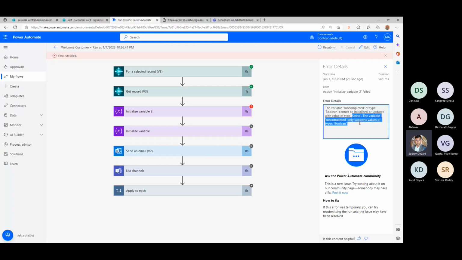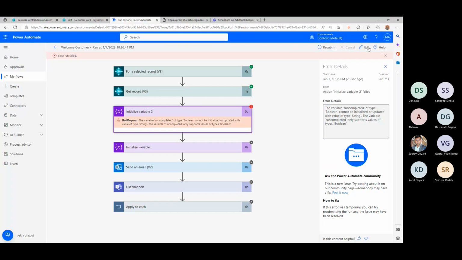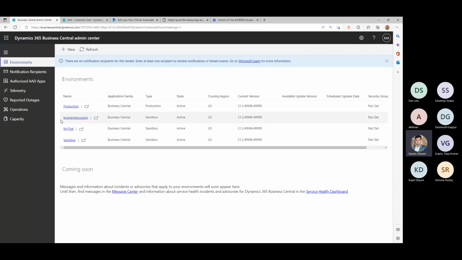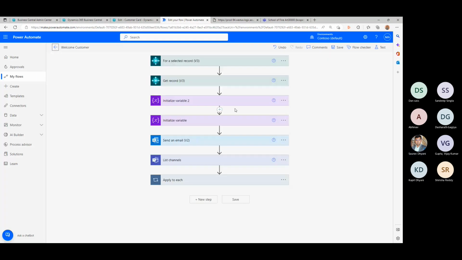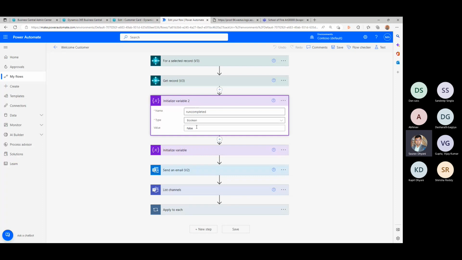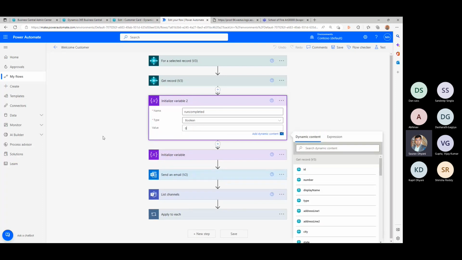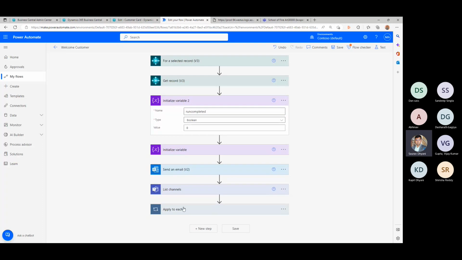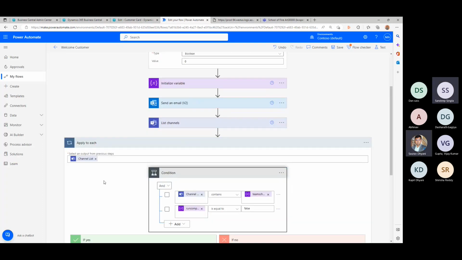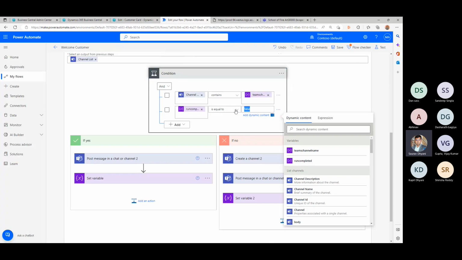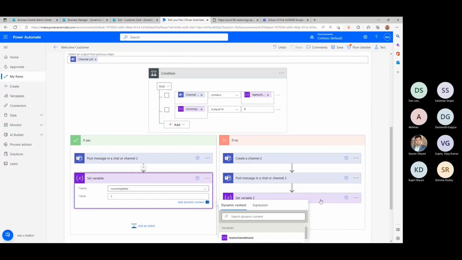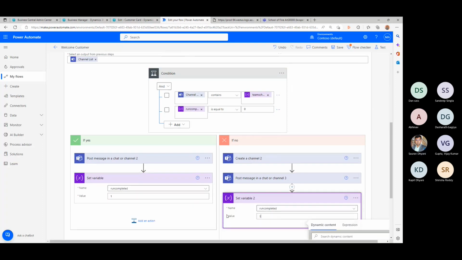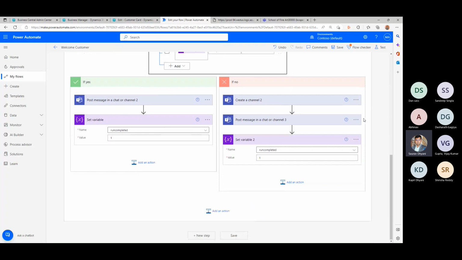Oh, I did it wrong. Sorry, guys. It should be 0 or 1. Okay, but yeah, in the meantime, I'll show you where I did that. I was trying it somewhere else. I'll show you how it looks. Where is that? Initial value is two. Okay, it should be 0. Thank you. Then here, if it is 0, here it should be 1, and here it should be 1. That was my doubt. Will it take that or not?